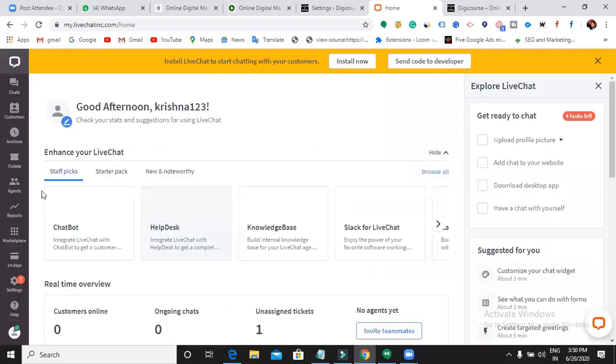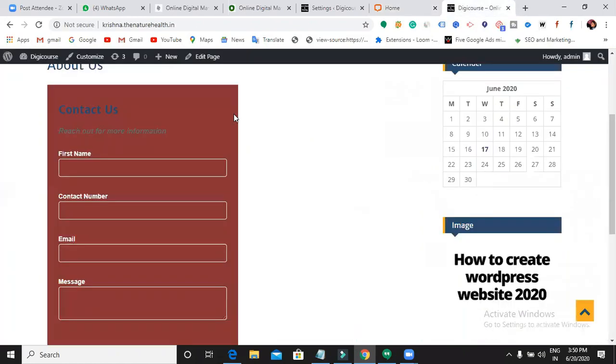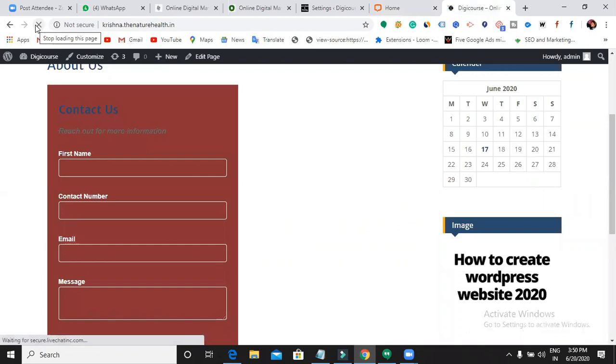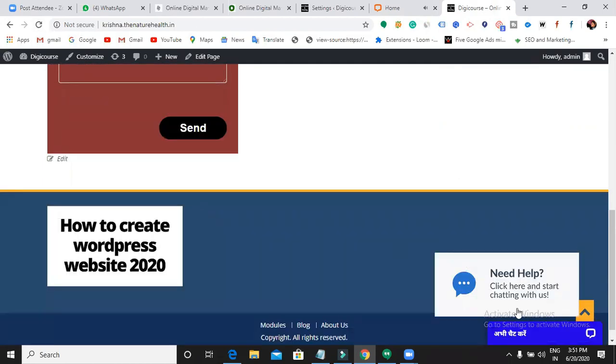Okay, so now we are in our live chat. Let us go back and see whether we can see any live chat or not. Can you see here? A new visitor. It is showing me in Hindi language. My God.